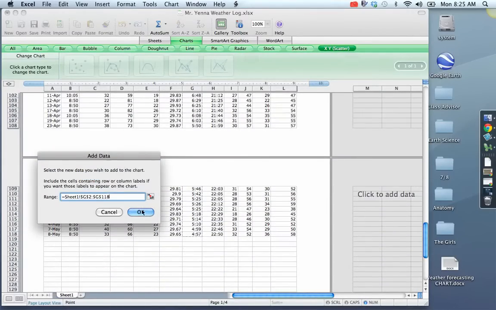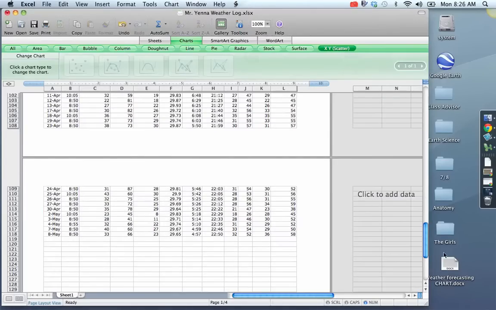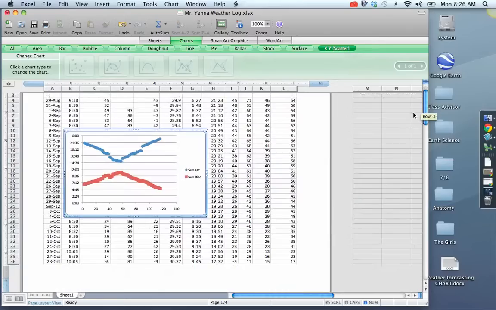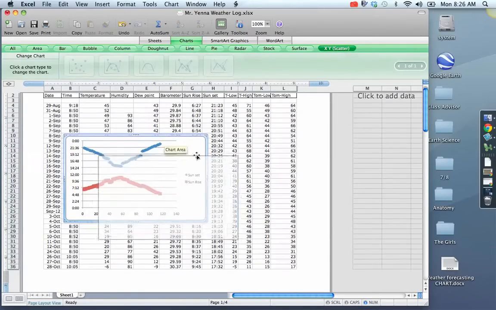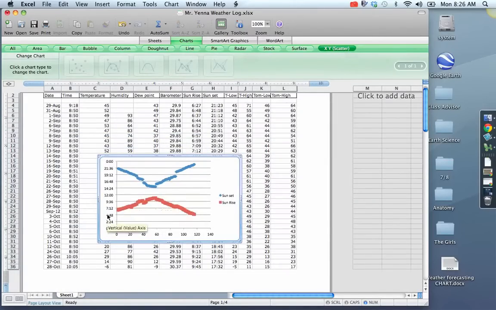And ask me if that's what I want. Yes, it is. And now when I scroll back up and look at my chart, there's my information plotted on it. Now I look at the times along the side, and at the top it goes up to 0. That's okay. The times along the side are correct as far as military time is concerned, and along the bottom